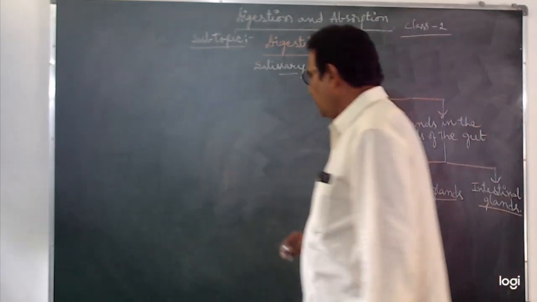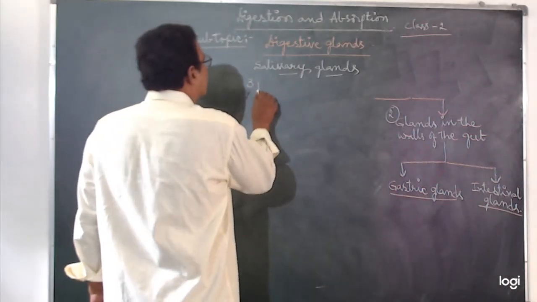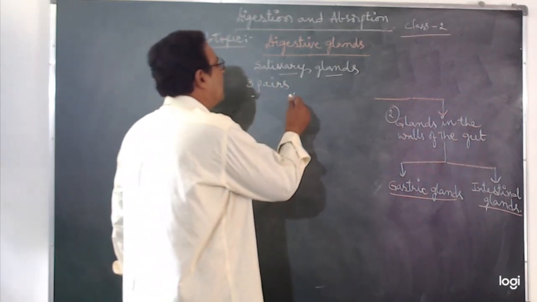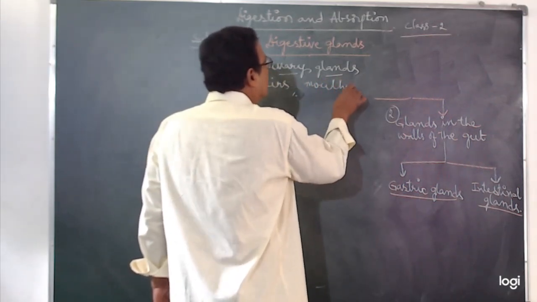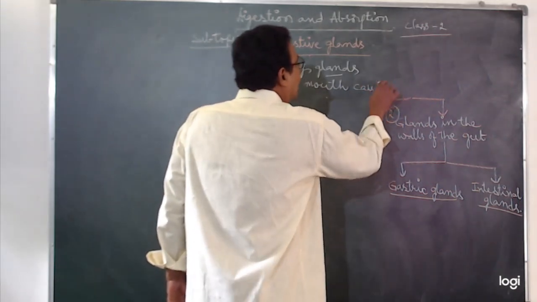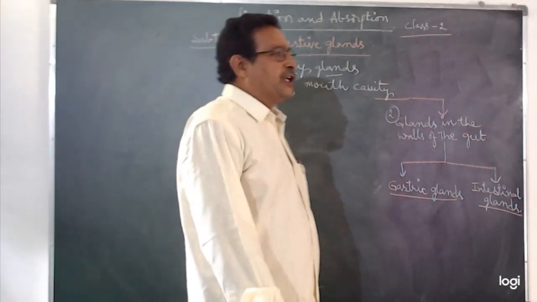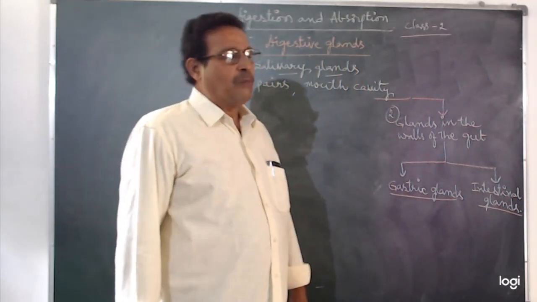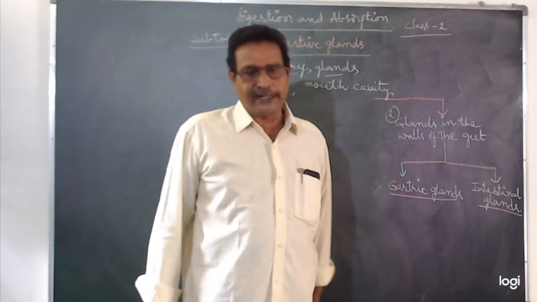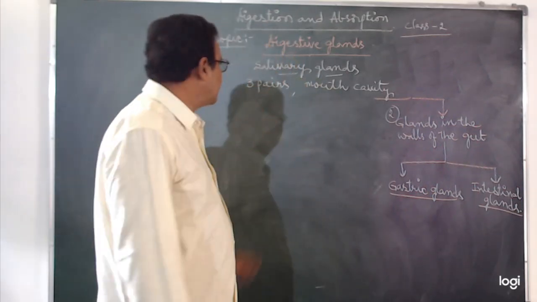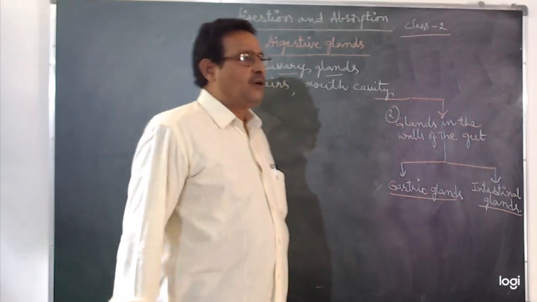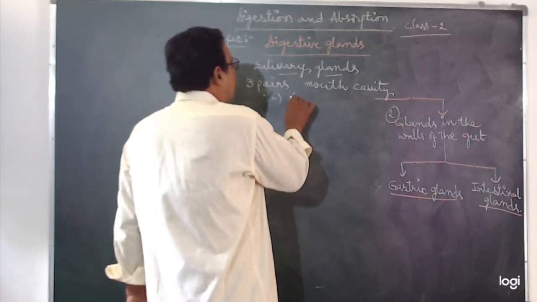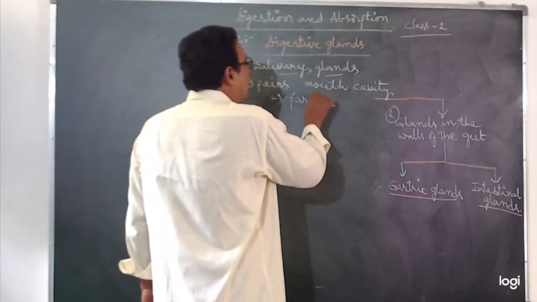Salivary glands. There are three pairs of salivary glands in our mouth cavity, or buccal chamber, or oral cavity. What are they? One pair of parotid glands,